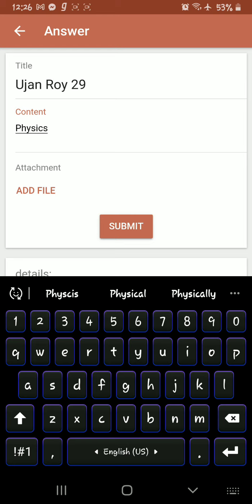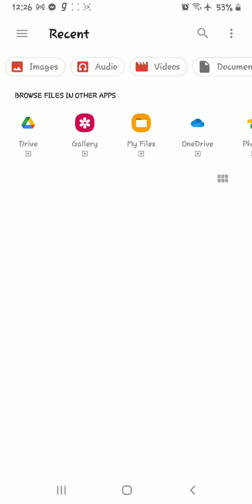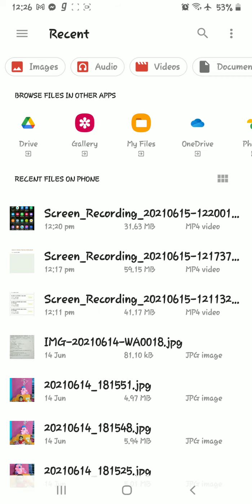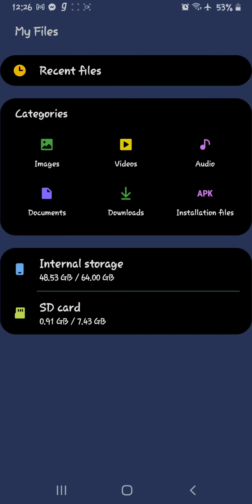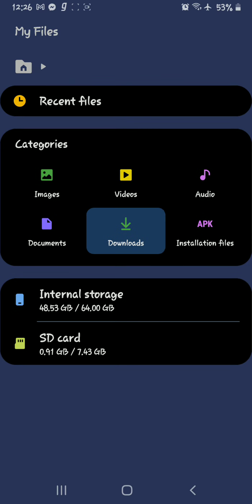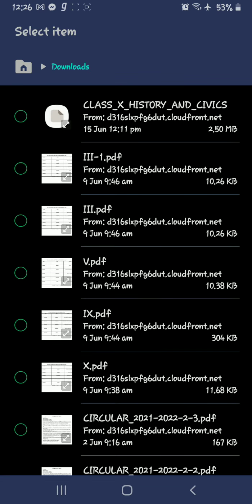After making the PDF file, you have to come here, and by clicking on Add file, you have to go to the place in your phone memory where you have kept the file. I have kept my file inside the Download option.